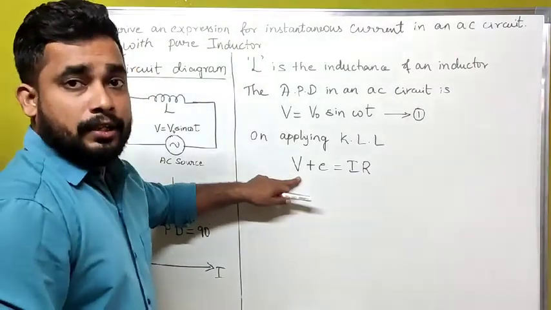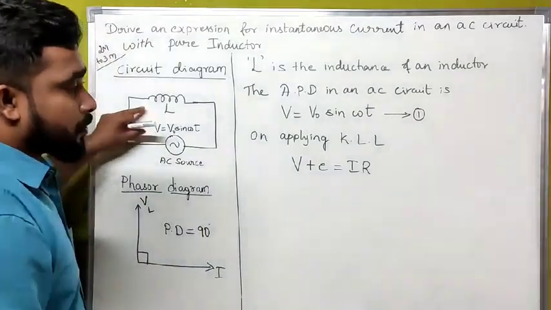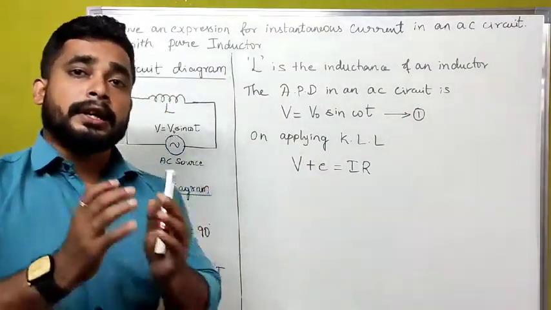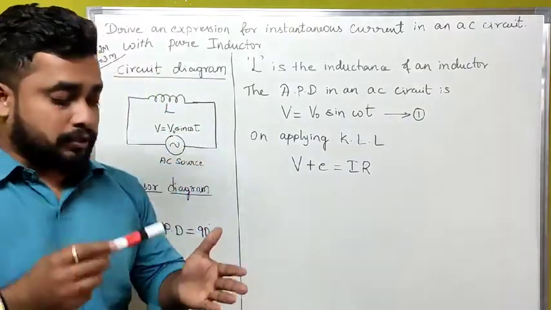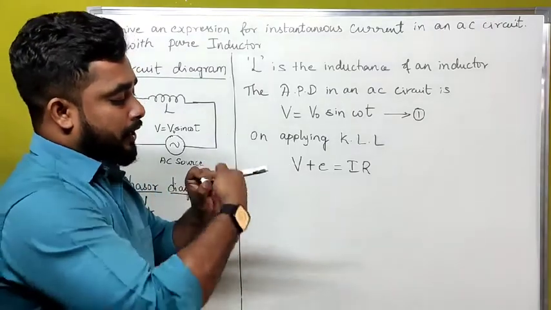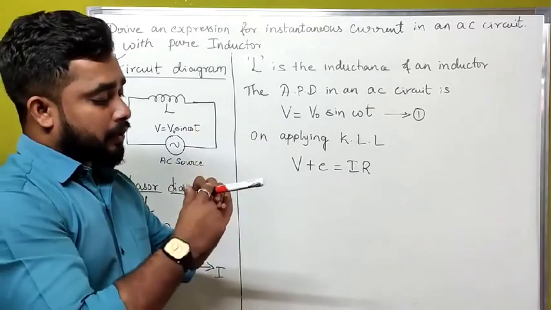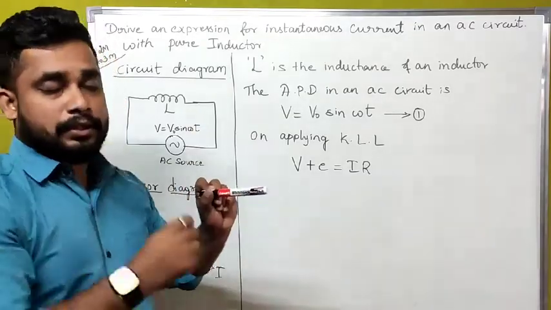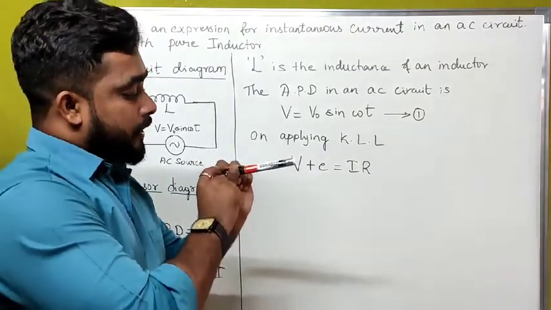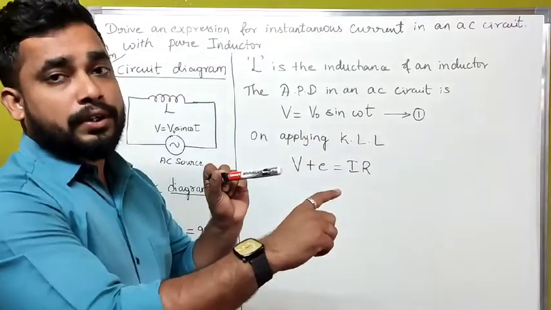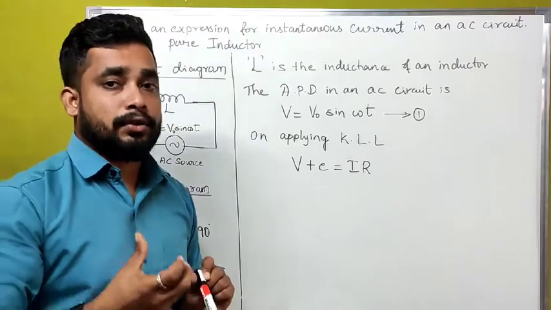What is this? This is EMF, that is the total EMF of this particular circuit. Actually, what does an inductor mean? An inductor sets an EMF inside that soft iron core. Because if we assume this as a soft iron core and you wind a copper wire on the surface of the iron core, if the current starts to flow from one direction, there is a force set inside that soft iron core.